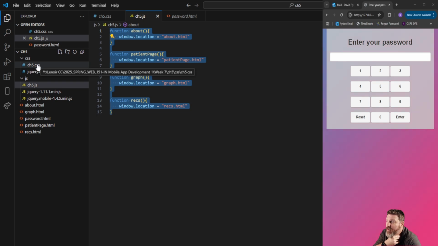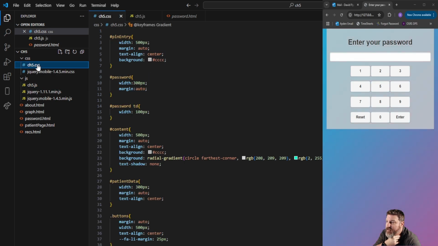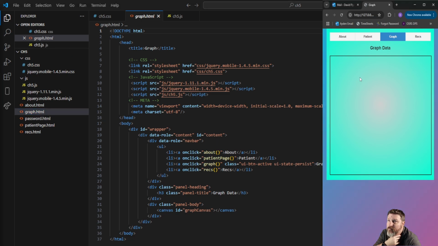You should also have your own Chapter 5 CSS. I didn't give you any CSS last week, except for putting the little thing around the graph. I kind of expected you to do that on your own. I hope that each of you did. But either way,